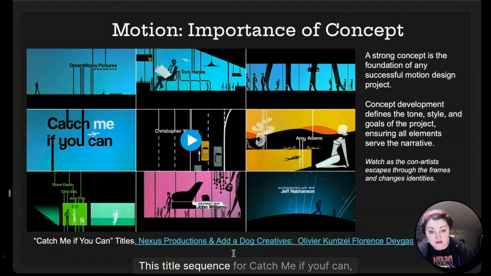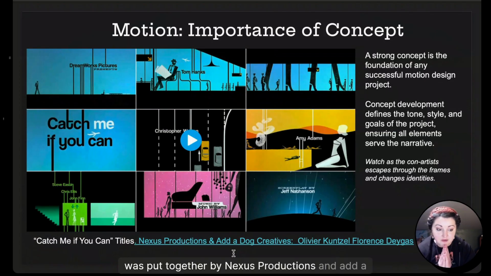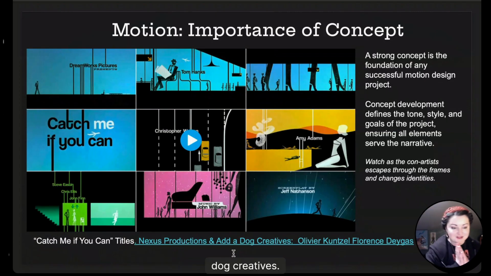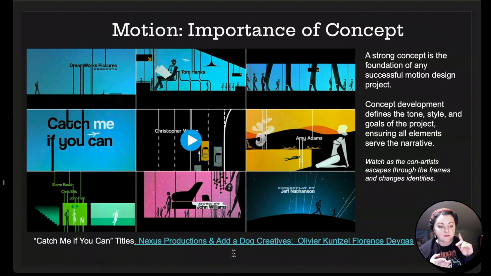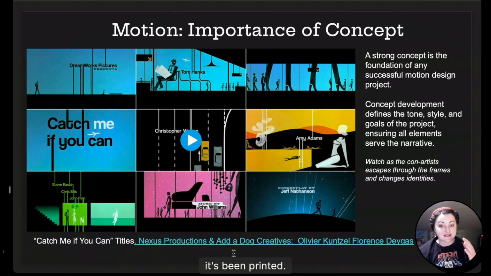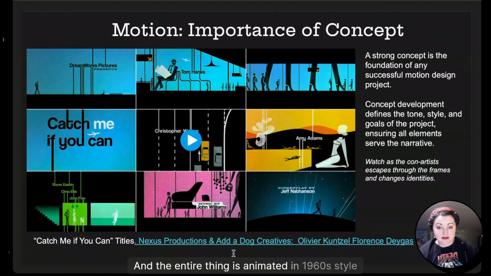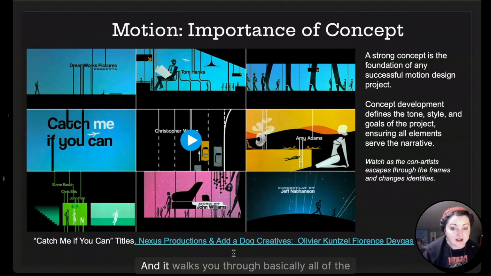This title sequence for Catch Me If You Can was put together by Nexus Productions and Atadog Creatives. I think the creative directors were Oliver Kunsel and Florence Degas. This whole title sequence is supposed to look like it's been printed. So we're borrowing stamp textures, and the entire thing is animated in 1960s style flat animation,